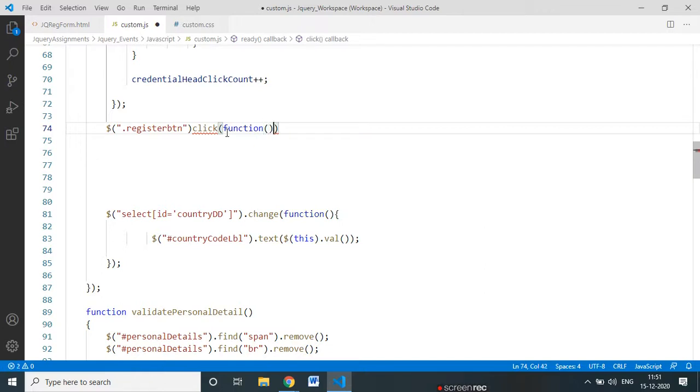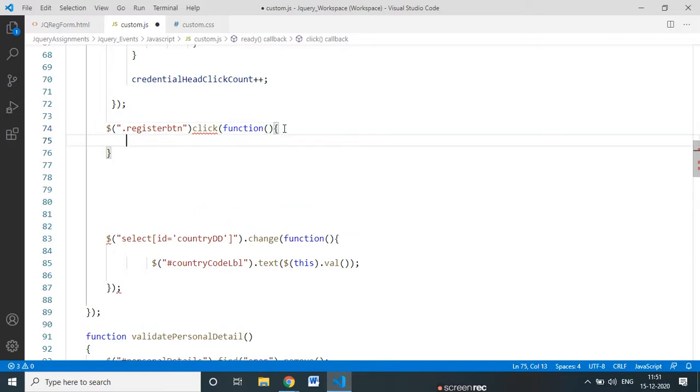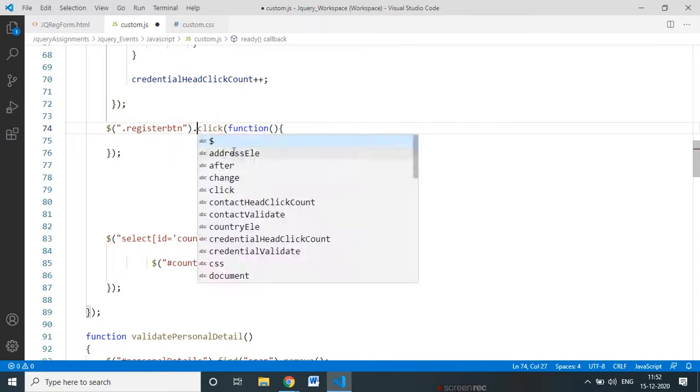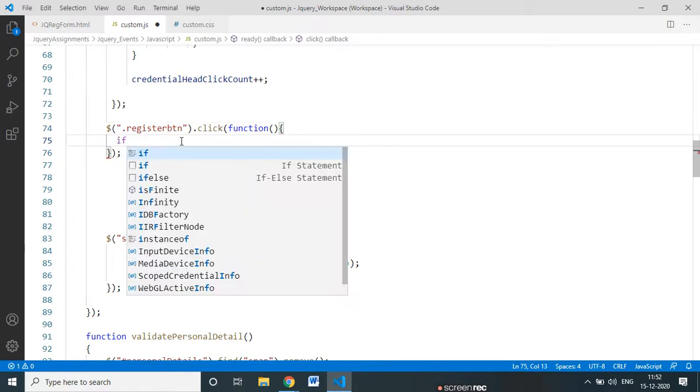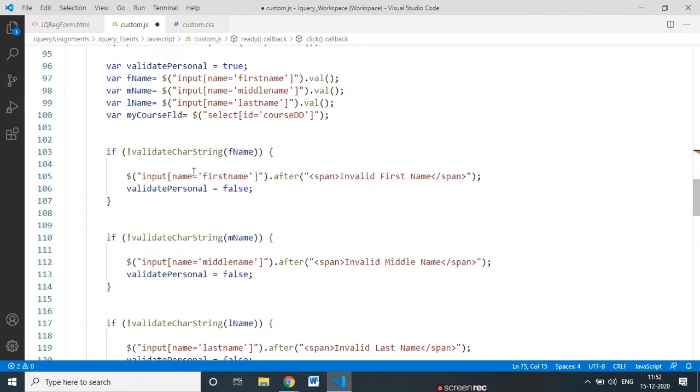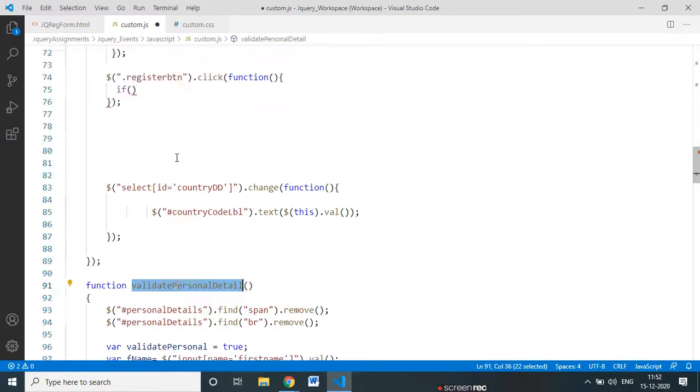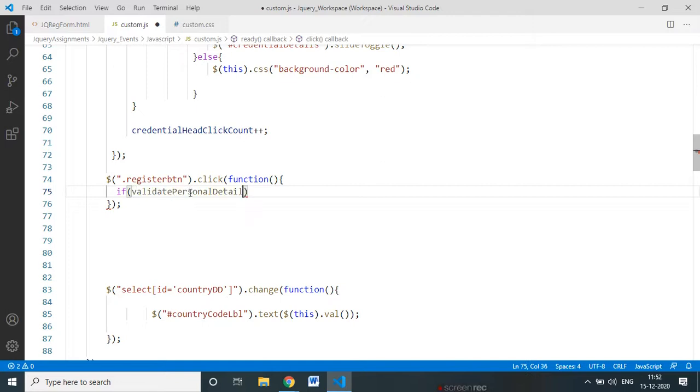Now the function is, and here I will set. So dot is there. So click function, register button once click. Now see, I know these three functions. Validate personal detail, I will call this function. I know that this will return either true or false.